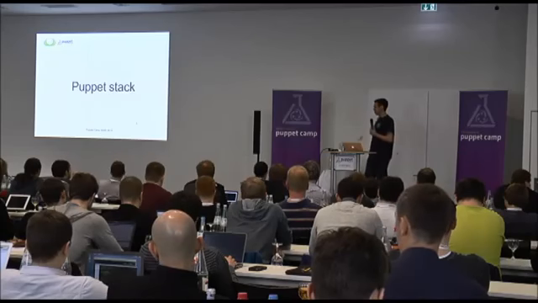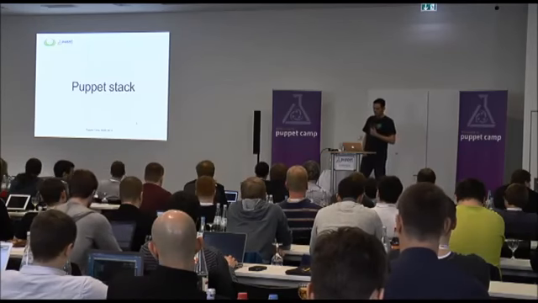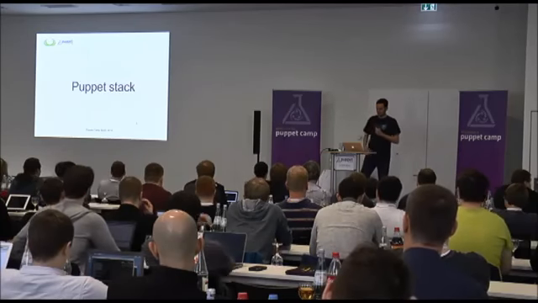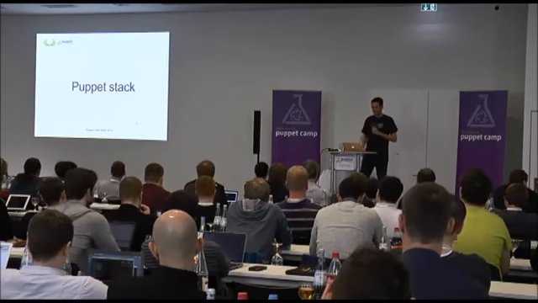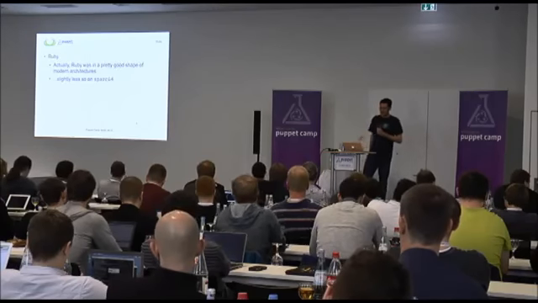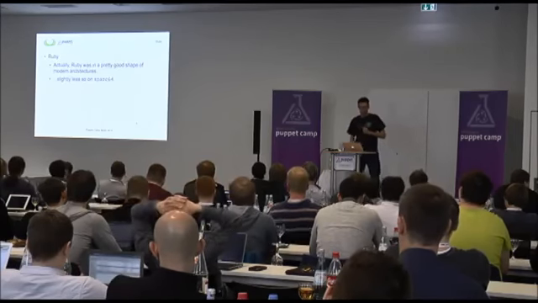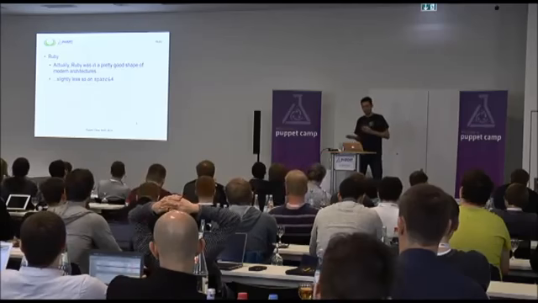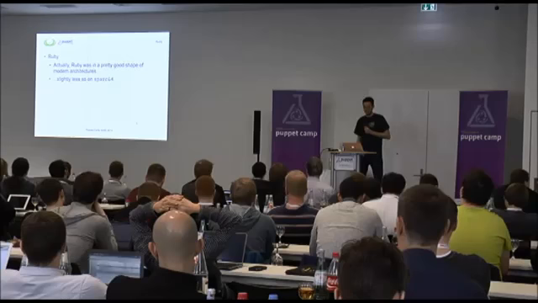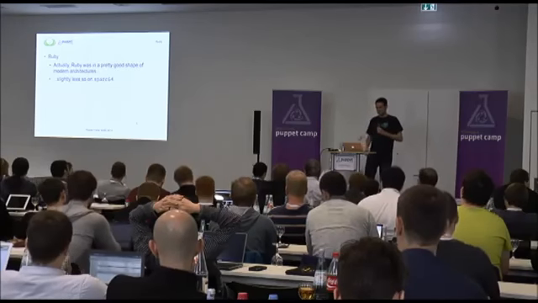So let's have a quick look at all the work that went into porting Puppet to OpenBSD. I'm going to quickly run through the components one by one. So of course it starts out with Ruby, and as I mentioned, Puppet itself is pretty portable. It's just Ruby that's slightly less so.